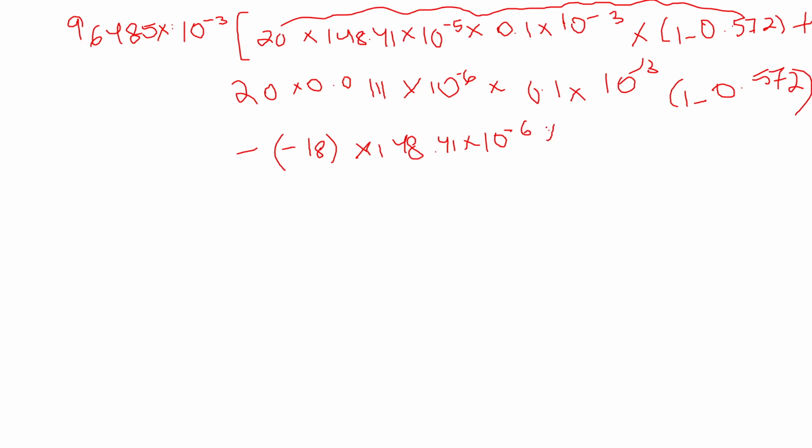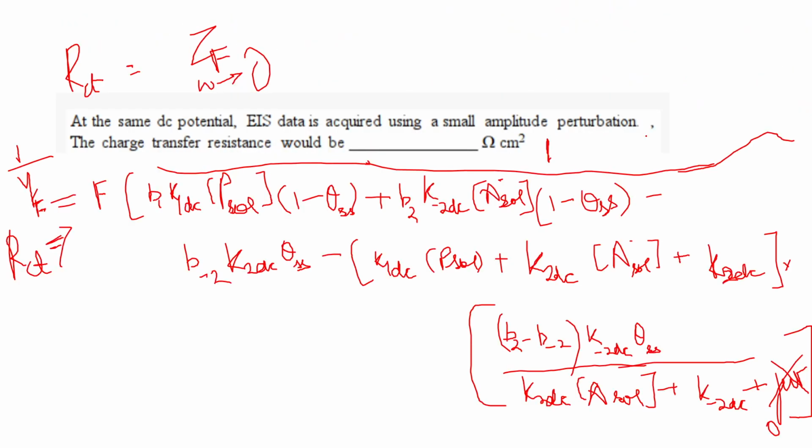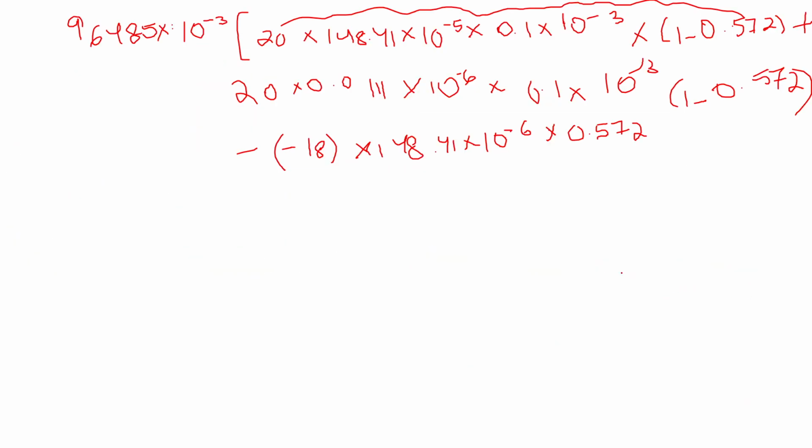So that is 0.572. So I have written the third term. Now the next one is the bracket, minus of K1 DC, that is again